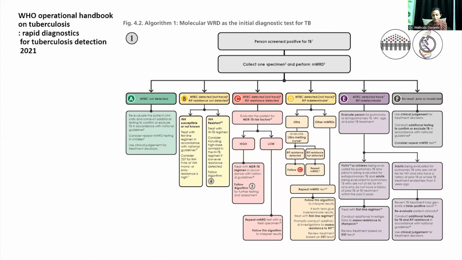So if you consider the same thing I said, when there's MTB detected trace for extrapulmonary samples and in people living with HIV, they take it as bacteriological confirmation of TB. But in a sputum sample, if there's no evidence they are at risk of HIV, and they have a history of prior TB and whose TB treatment ended less than 5 years ago,